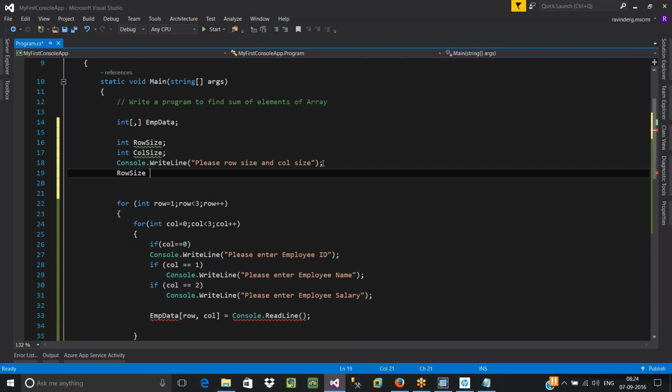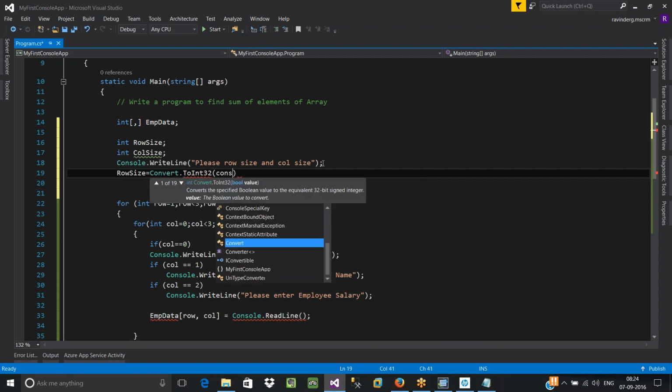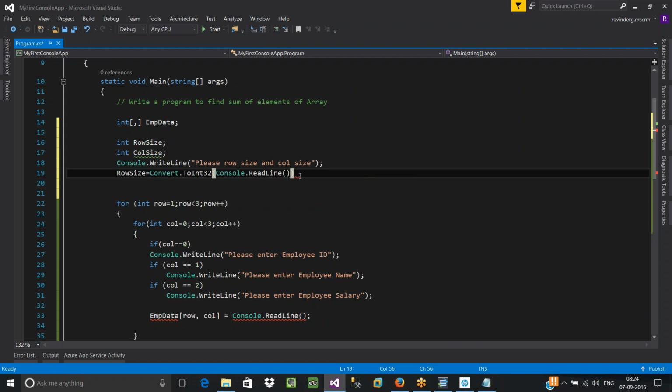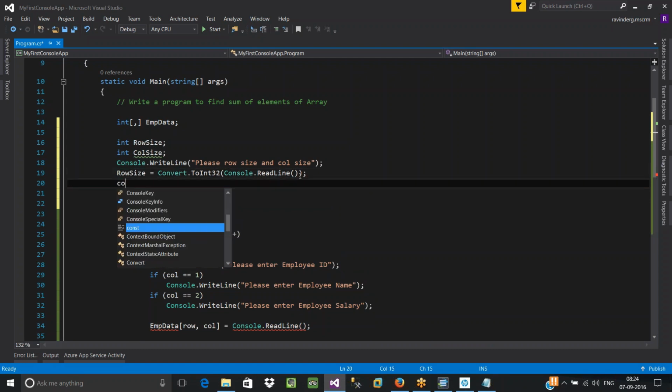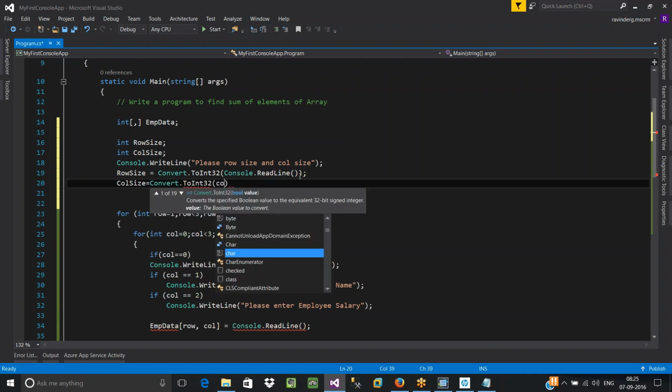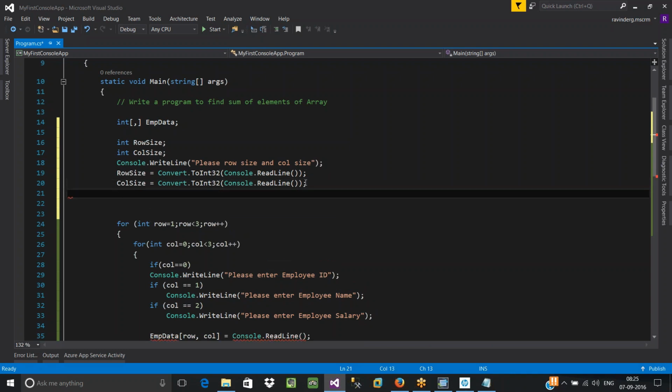So row size, read those values, is equal to Convert.ToInt32 of Console.ReadLine, and next read column size is equal to Convert.ToInt32 of Console.ReadLine. Yes, the user has provided his requirement. He has provided how many rows and how many columns to be created.